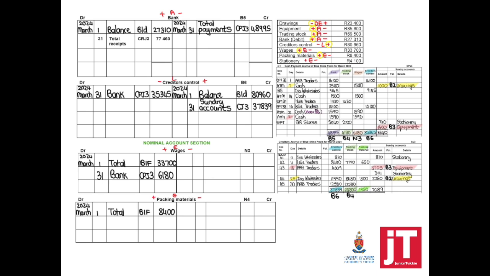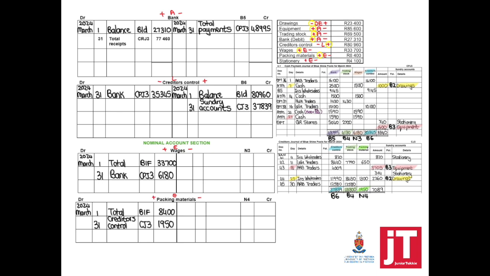Next, we have packing material. So we're posting the money column, packing material. This only appears in the creditors journal. It's an expense to the business. When we're posting from a money column, it happens on the last day of the month. From the creditors journal, our details is creditors control and the amount